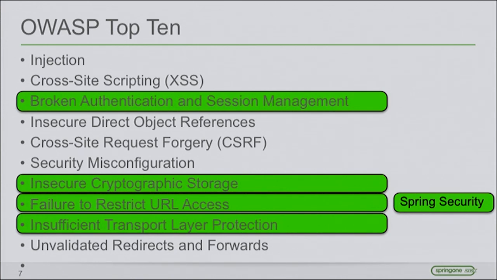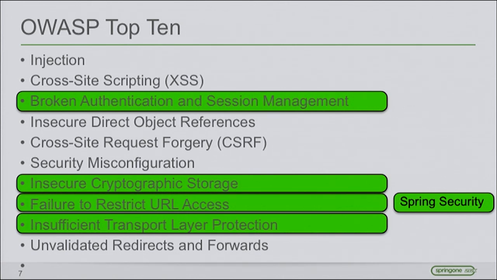So for example, broken authentication and session management. If that is not working and you configured everything right in your Spring Security configuration, then you can really blame Spring Security for that, because that is the idea of Spring Security. The same for insecure cryptographic storage. Of course, you must make that right. You have to hash your password, for example. If you store your password in clear text in your database without hashing it first, it's your fault. But if you hash it and then it's still not secure, it's a problem of Spring Security. So Spring Security can handle that for you, which doesn't mean that it will do that automatically. It just means it can handle it for you.